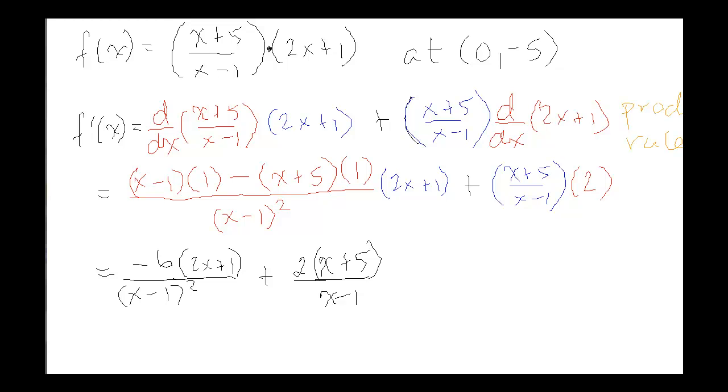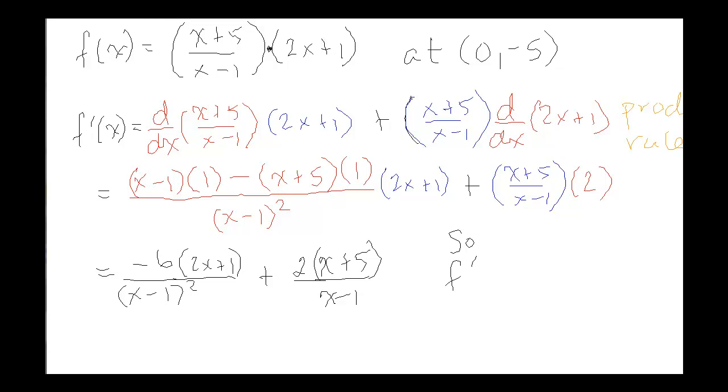Okay. Now that's the derivative of that particular function. It's a little long, but it's certainly a lot easier than if I had to do the difference quotient and taken the limit and all that nonsense. That would have taken me forever to do. Remember, a derivative is the slope of the tangent line or the slope of the curve at any point, but we want it specifically at (0, negative 5).